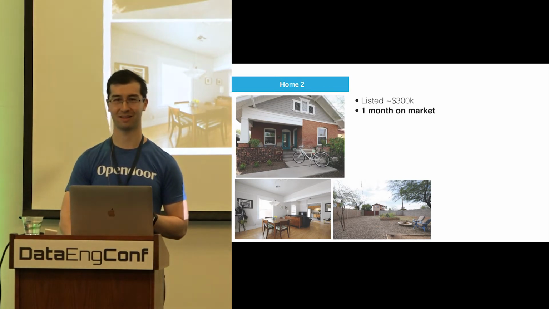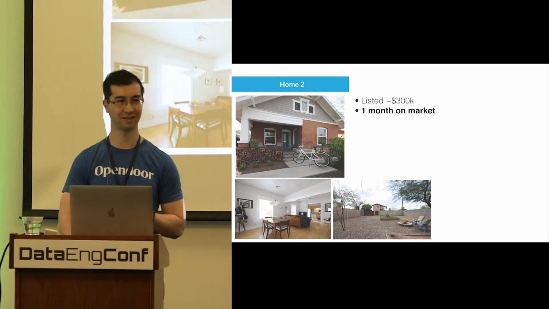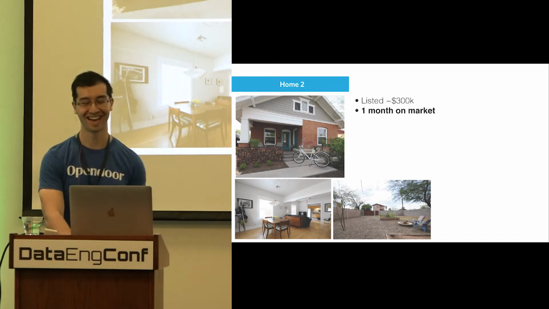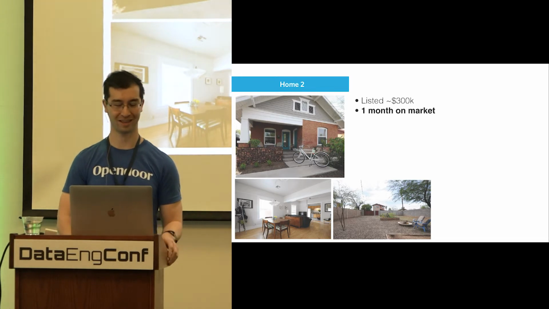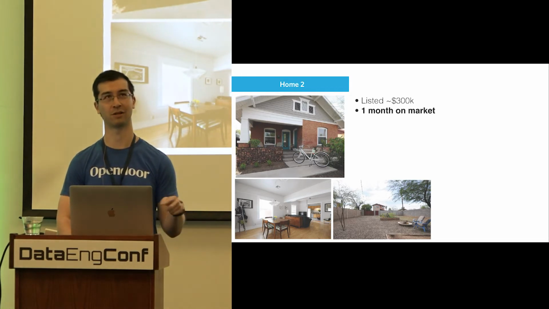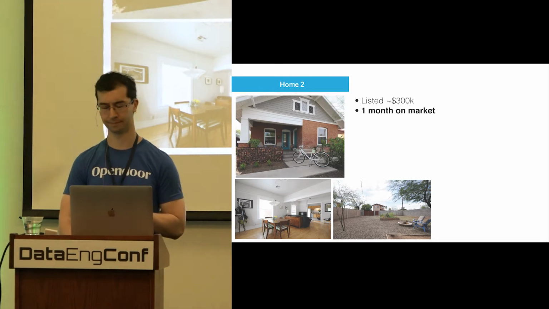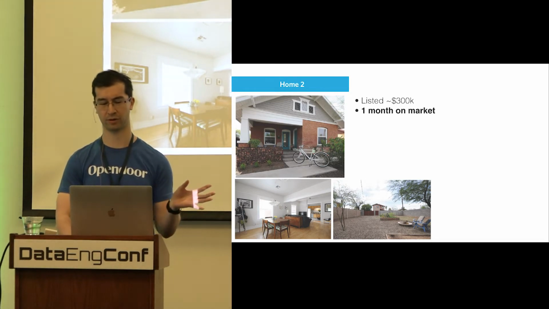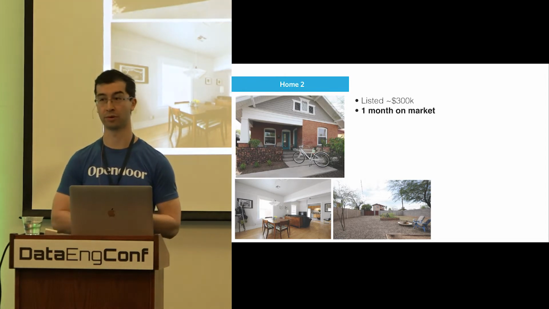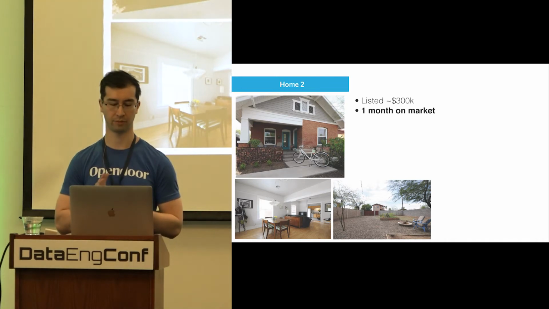So any guesses as to how long this one took to sell? Yes, okay. One month. I think that was the time to close, and I think there was an interested buyer immediately. So pretty much what I said about the first house, I think the opposite is true here. Probably in a central location, lower price point, there are many more buyers who could afford it. I don't remember what time of year it was.